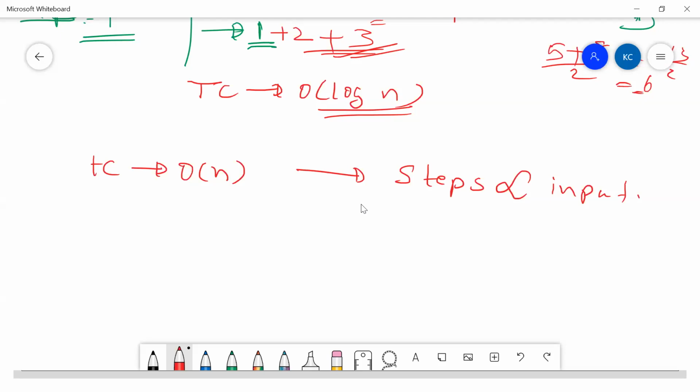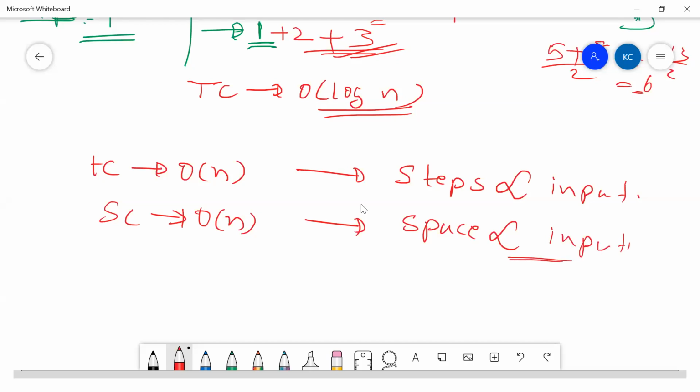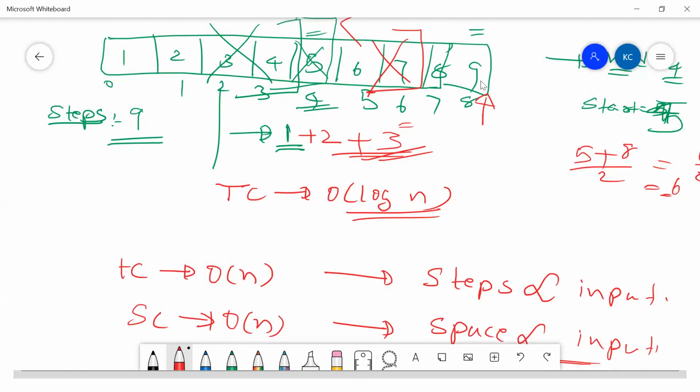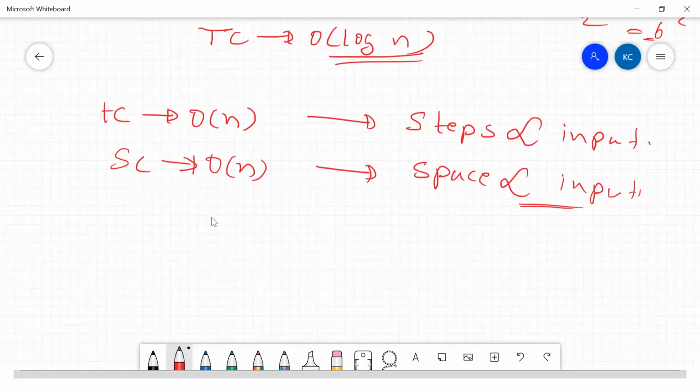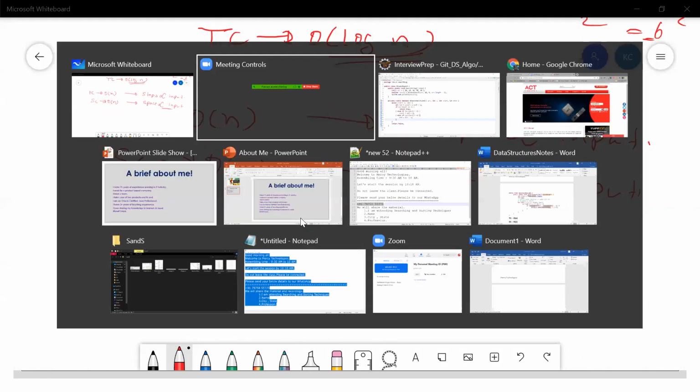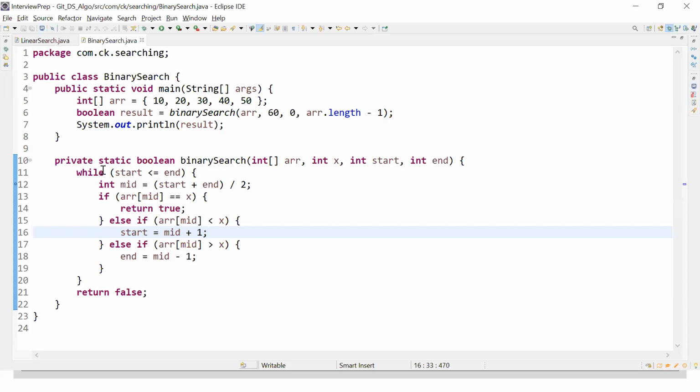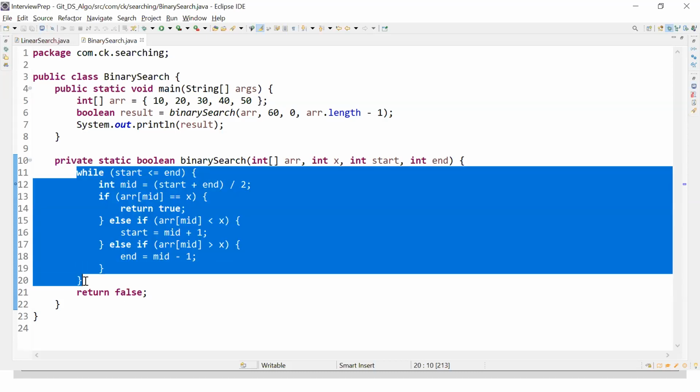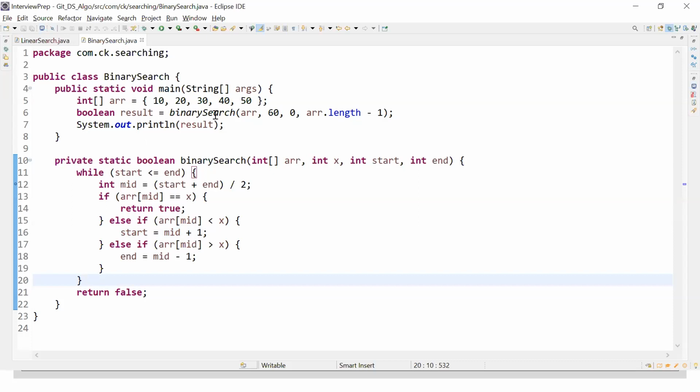Okay, and space complexity, let's say if it is order of n, which means the amount of space we consume is directly proportional to input. We are given, as part of our input itself, an array which is of size, let's say, 100. So as part of the program that we have written, did we consume any extra space, or did we have any array that helps us to come to our conclusion?